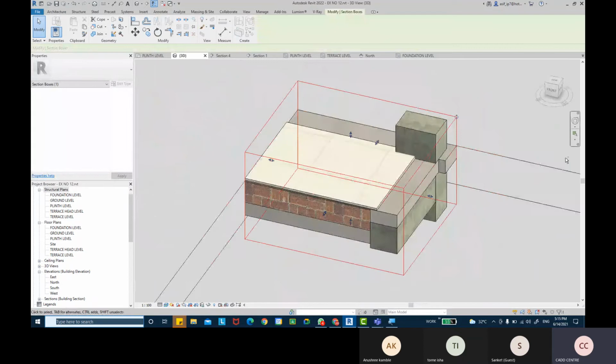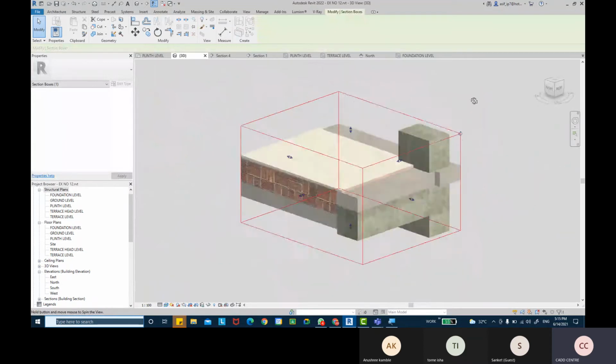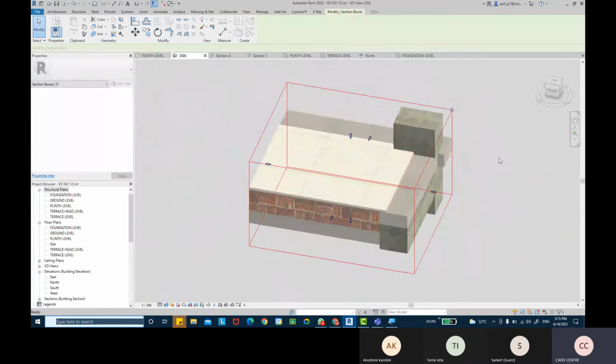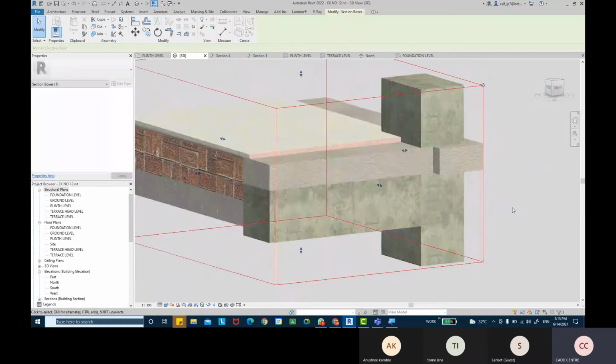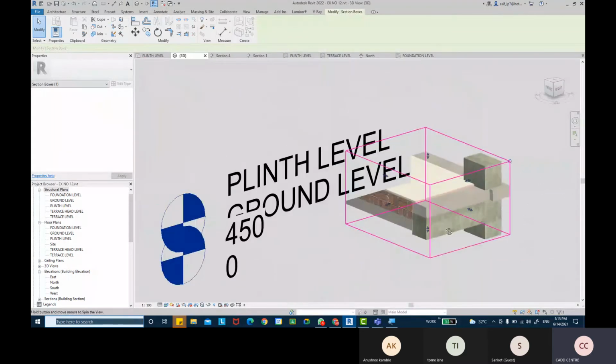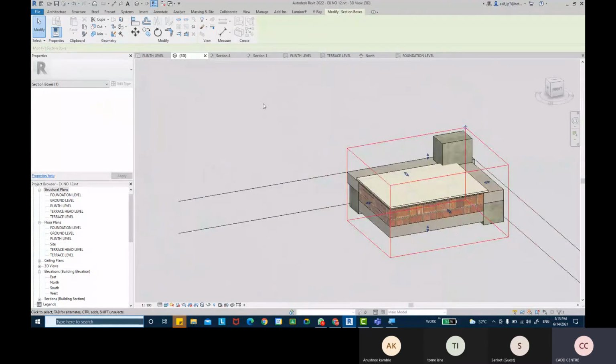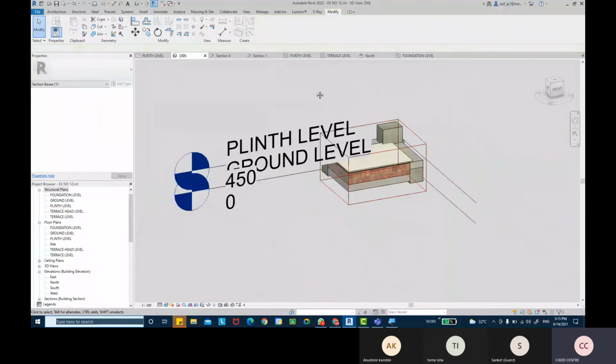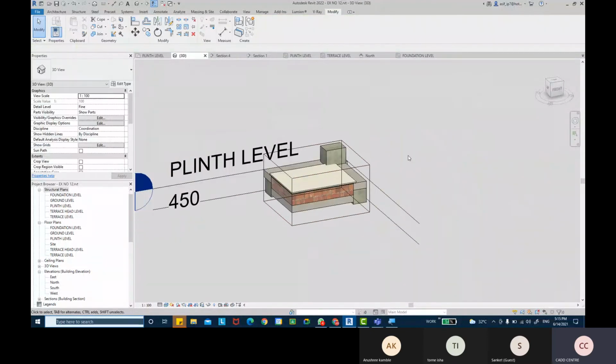We'll just have to create the structural part first. Okay, so you can add all these elements, floorings and everything.